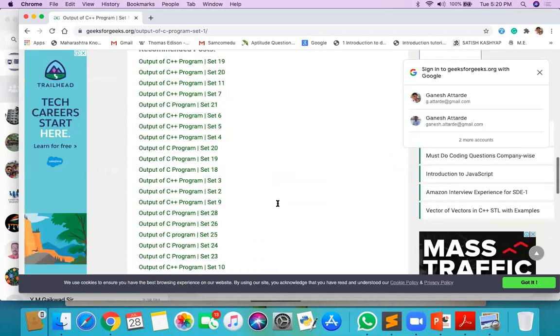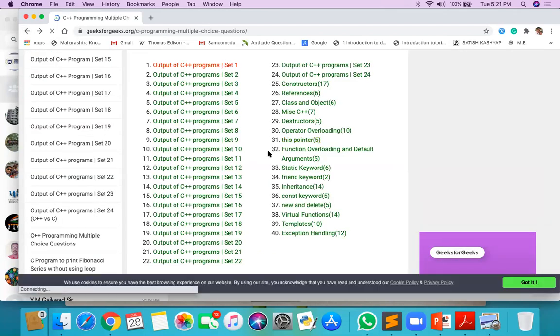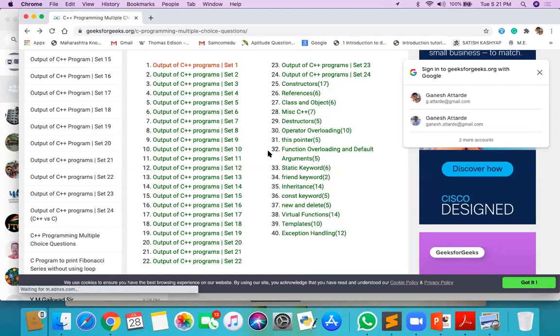All the examples you have to go through. If you solve these examples, then you can say that you are now a master in C++. But these are very, very conceptual. If you ask me to rate which is the most difficult language among C, C++, Java, and Python, C++ is not that difficult, but more concepts are present in C++. That's why its difficulty level is higher compared with C and Java.